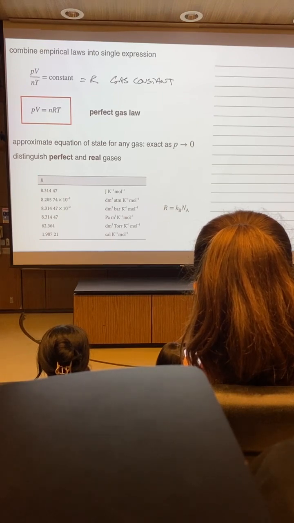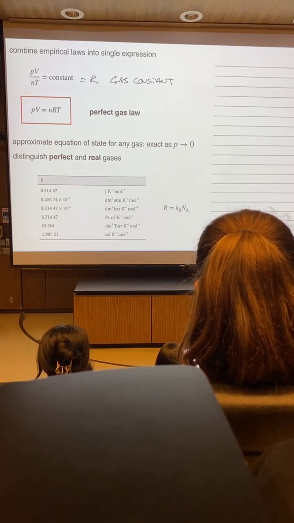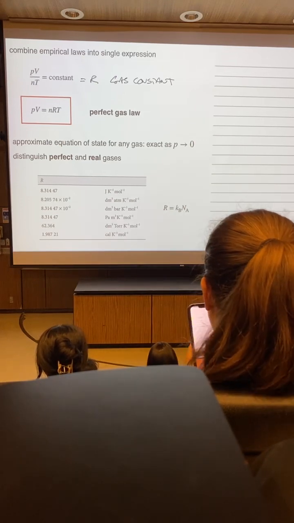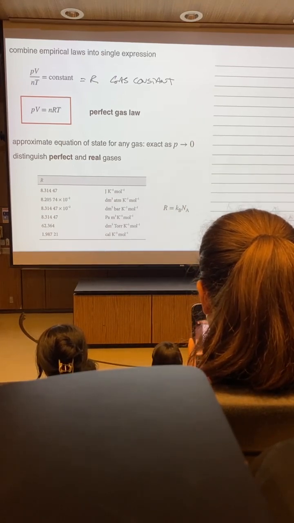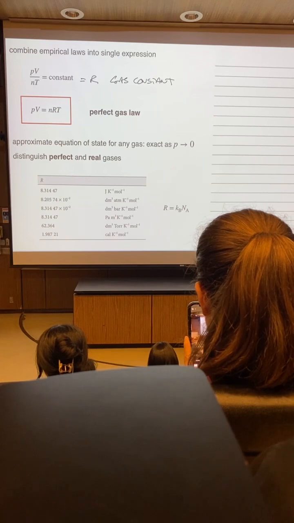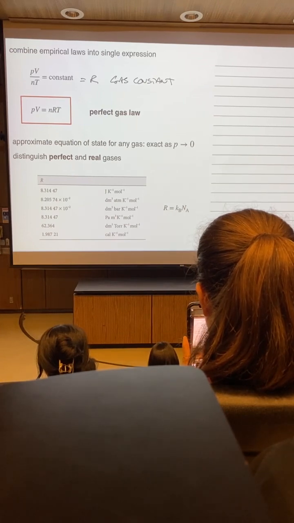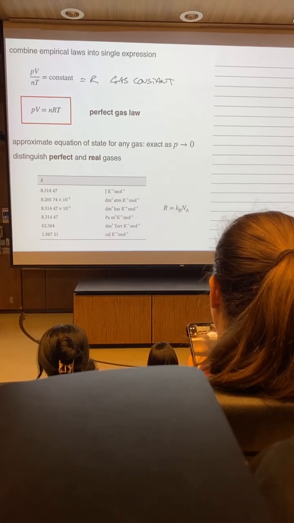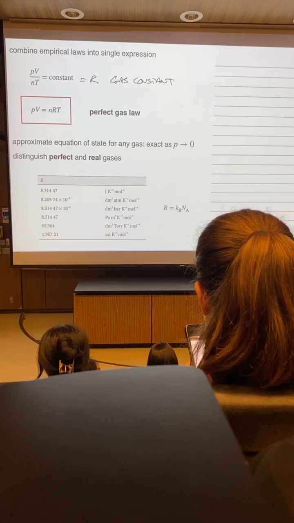And then we have the perfect gas law in familiar form as derived from these empirical observations by holding two of the thermodynamic variables fixed and seeing how the others depend on one another. We see this usual formulation of the perfect gas law. It's PV equals nRT. It's also sometimes referred to as the ideal